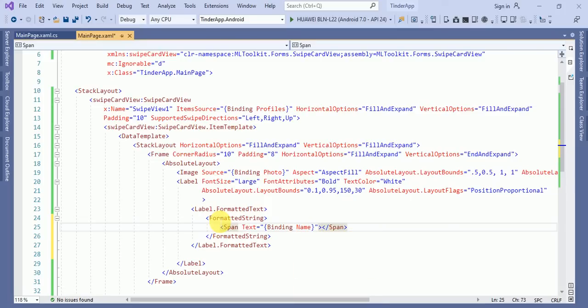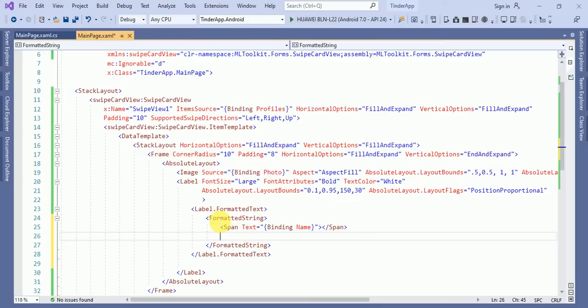And we will take another span, and in this span I will take a comma separated. So here text equals to comma, that will separate the name.